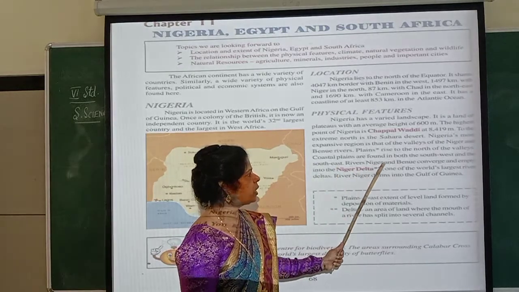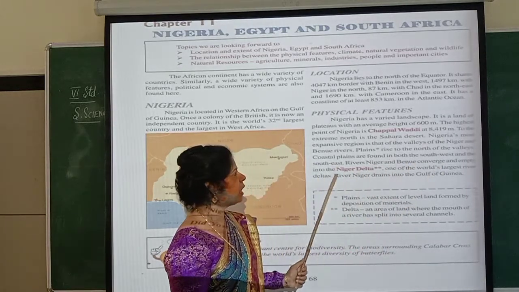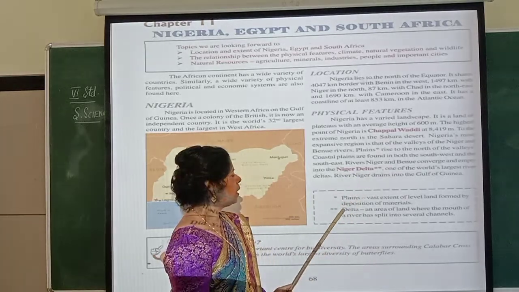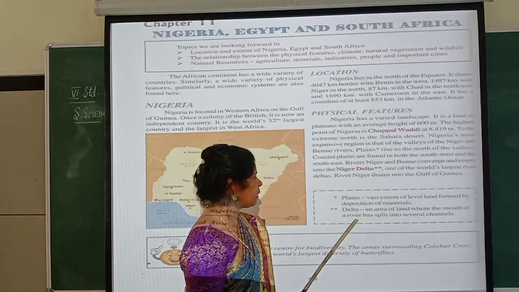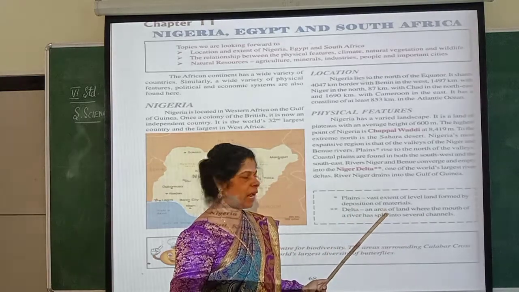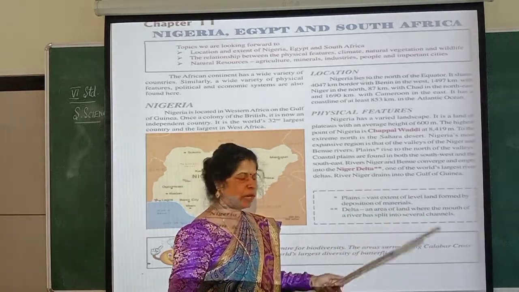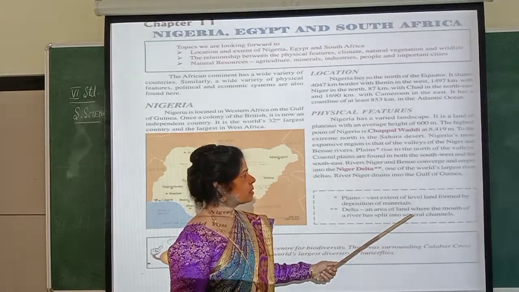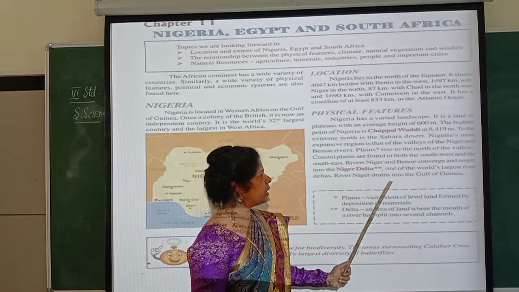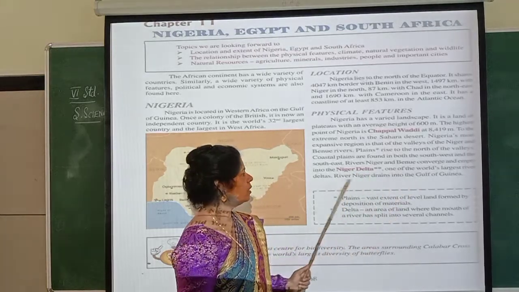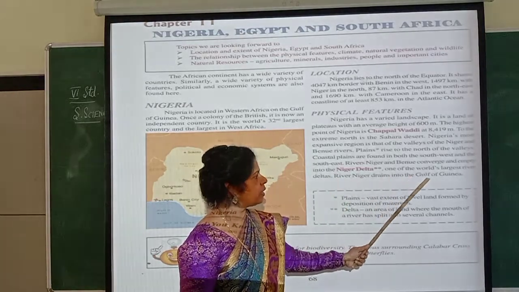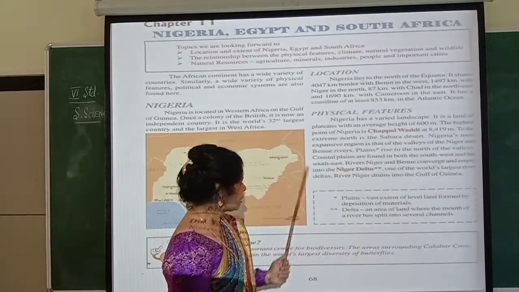Rivers Niger and Benue converge and empty into the Niger Delta. So there is a delta. What is meant by delta? Delta is an area of land where the mouth of a river has split into several channels. It is a land where the mouth of a river splits into several channels. So the Niger Delta is one of the world's largest river deltas. River Niger drains into the Gulf of Guinea. So what happens? This Niger river goes and attaches where? To the Gulf of Guinea. So that is about this